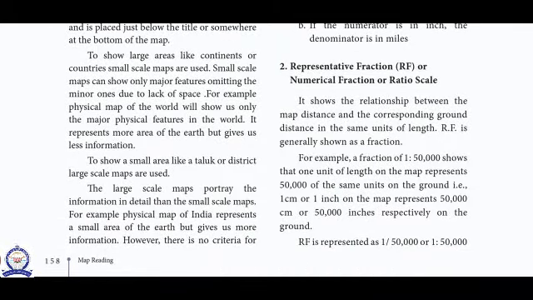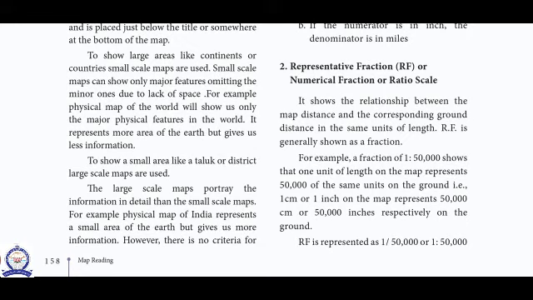Representative fraction or numerical fraction. It shows the relationship between the map distance and the corresponding ground distance in the same unit of length. RF is generally shown as a fraction.